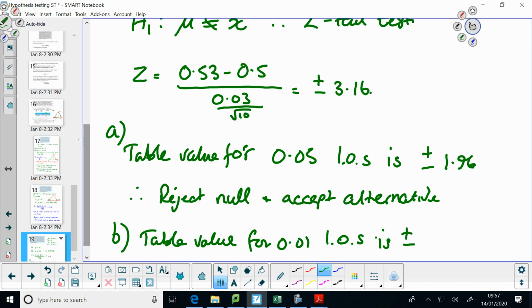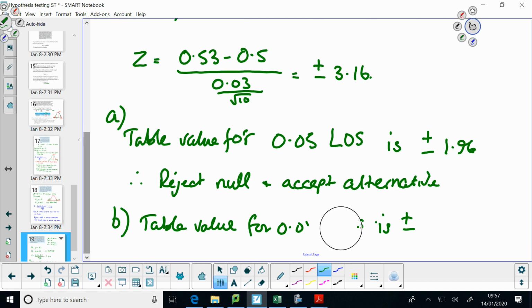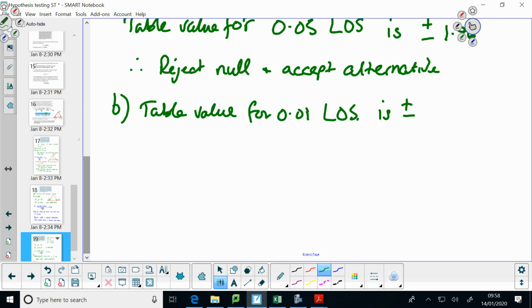How about if I put it in capitals? I think that would be clearer, wouldn't it? LOS, level of significance. Alright? So the table value for 0.01 level of significance is plus or minus 2.58. Therefore,